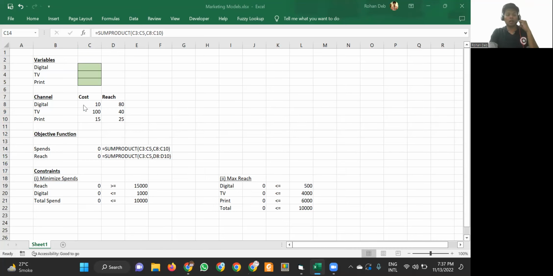Yeah. So these are the channels. Let's say, as a hypothetical example, it's 5 digital ads, 5 TV ads, and 5 print ads. The cost would be 5 multiplied by 10, 5 multiplied by 100, and 5 multiplied by 15. So this will be your cost, and this will be your reach: 5 into 80, 5 into 40, and 5